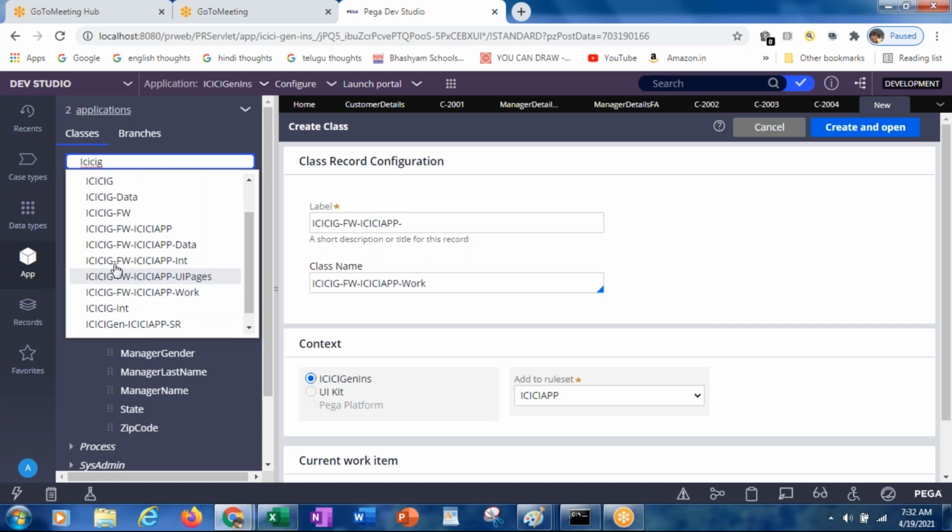That means at the level of ICICI, what are all the subclasses for ICICI? ICICI data is there, ICICI framework is there, okay, ICICI INT is there. Okay, under the framework we have something else, but under the organization level we have ICICI data, framework and INT.